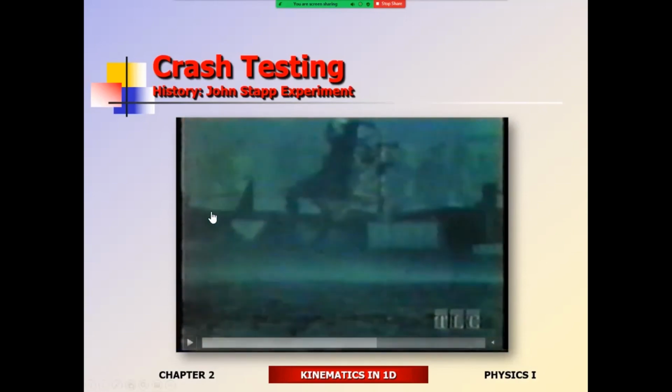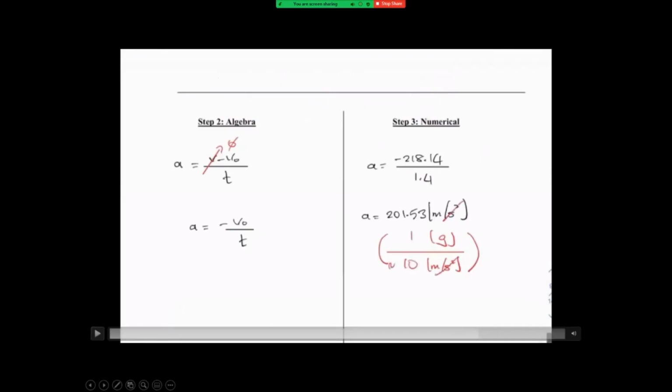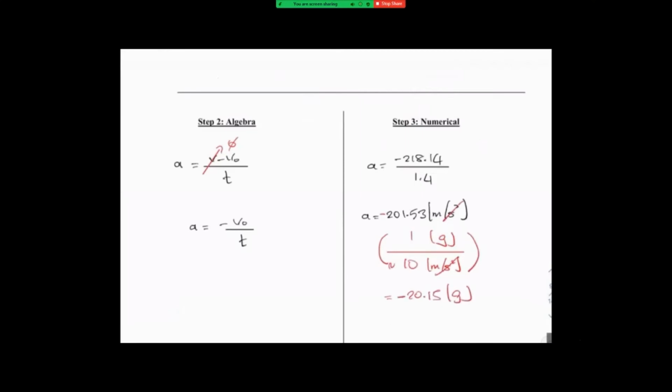So car companies wanted to know what's considered survivable for a fraction of a second. So that's the purpose of this experiment. John Stapp volunteers for this experiment. He's in charge of it. This guy's a medical doctor. He must have conducted some animal experiments. And he was exposed to 20 Gs during this experiment. The damage was his retina got detached. And then eventually he recovered his vision.